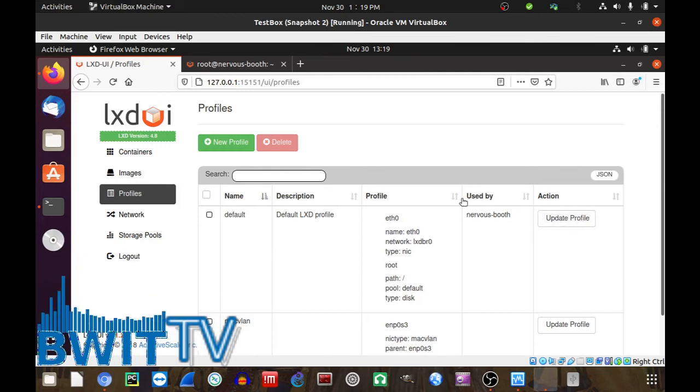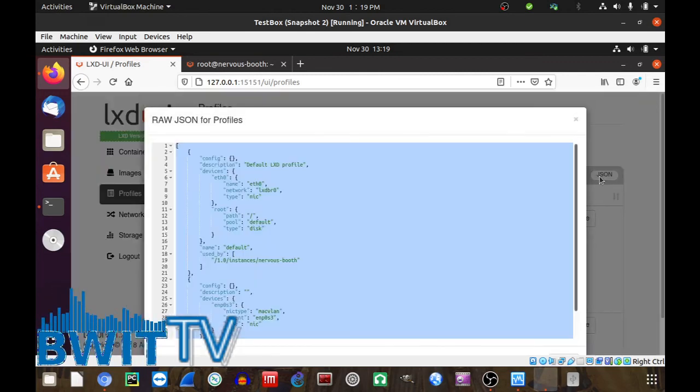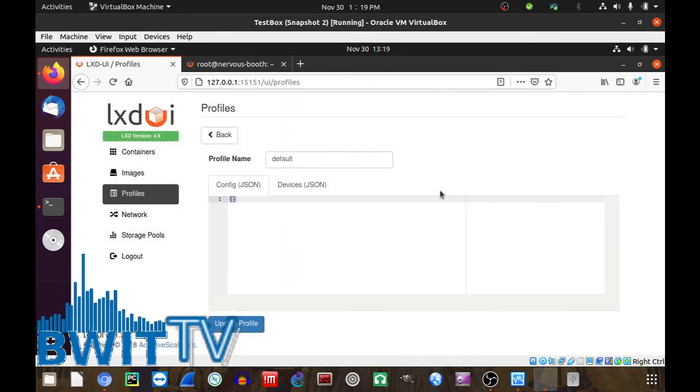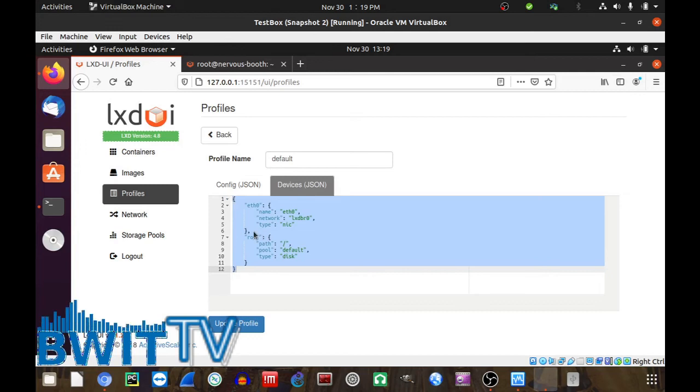An easy way to correct that is if you just click on this JSON. Oh, I'm sorry, that's not it. So you click on update profile for the profile itself. Go click on where it says devices JSON, and you see this right here, root. What you can do is